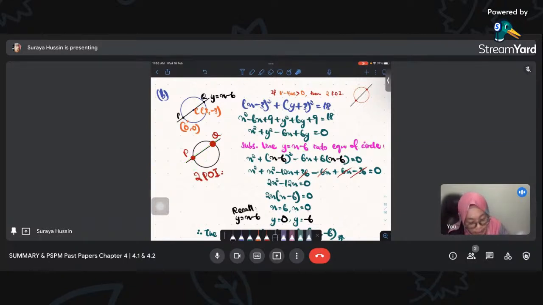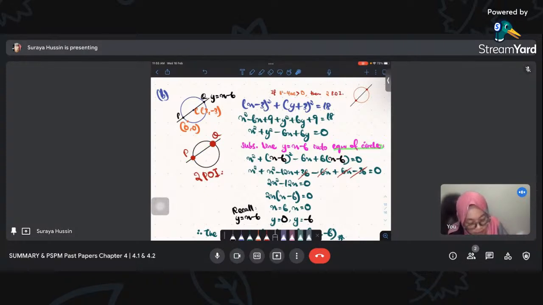Disebabkan line ini yang berada pada circle itu, kita boleh masukkan line itu. We can put in the line, sub in into the equation of circle. Just masukkan line itu ke dalam equation of circle. That's it. Just put it in,